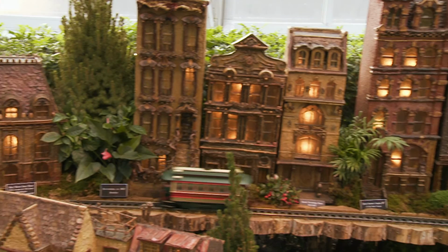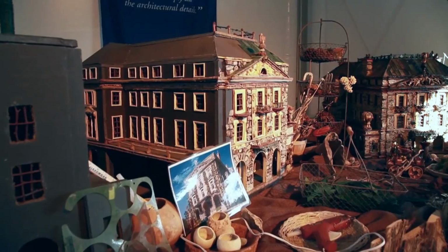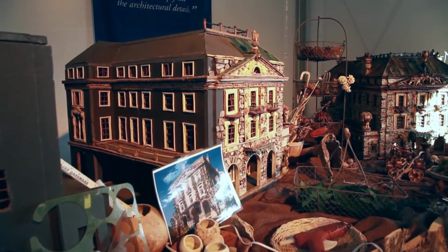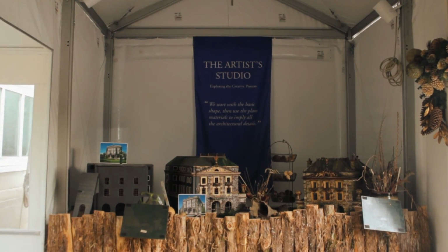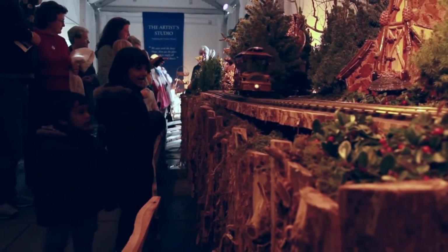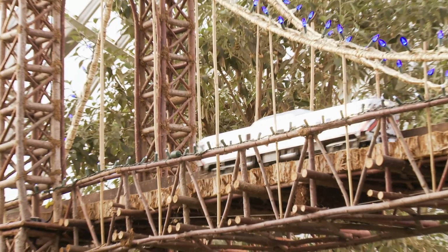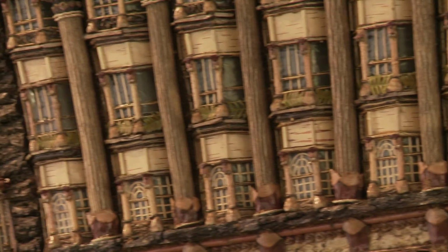The meticulous process of handcrafting these models is captured in a section of the show called the Artist Studio. This area of the exhibition gives a behind-the-scenes look into how the models are constructed. Over 21 years, the question that we've gotten is, how do you make the buildings? So they are a pretty intricate process, but it's exciting for us to display the buildings because they're all made